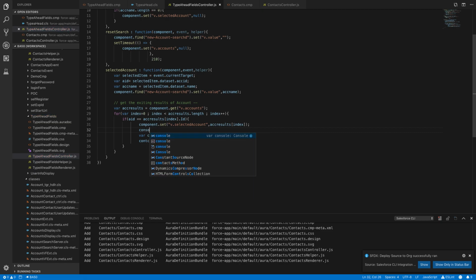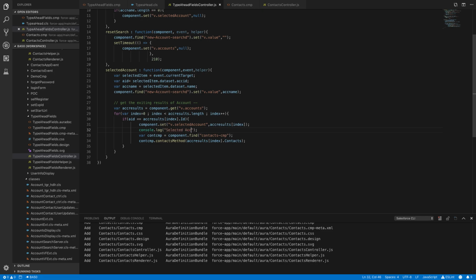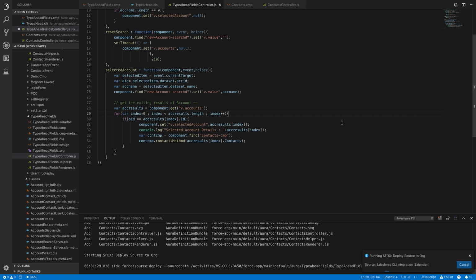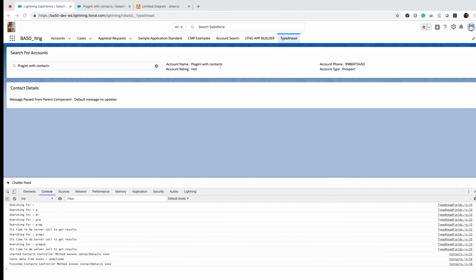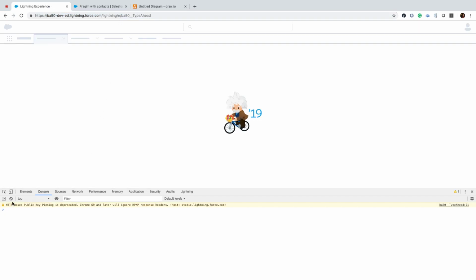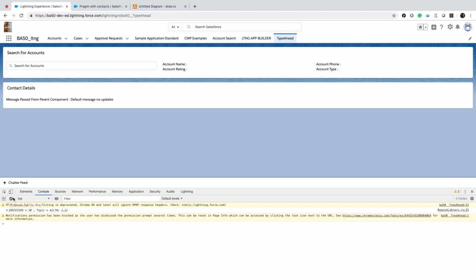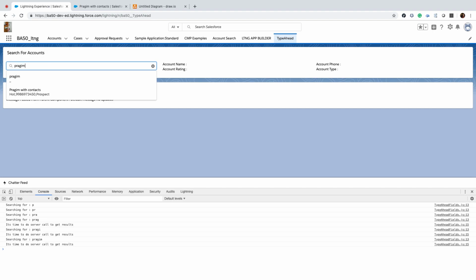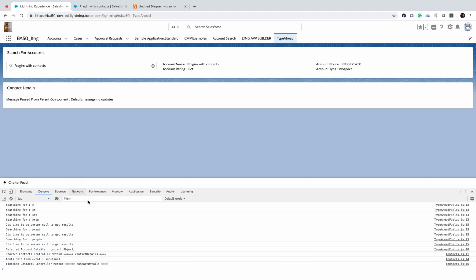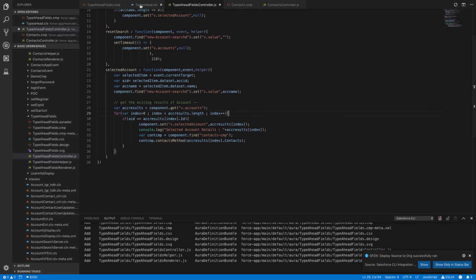selected account details. So what I'll do, I'll say access results dot read at selected index. In this index, I should be getting, deploy. Okay, so if I refresh, I should get nothing in the console. Now present with contacts, v dot selected account